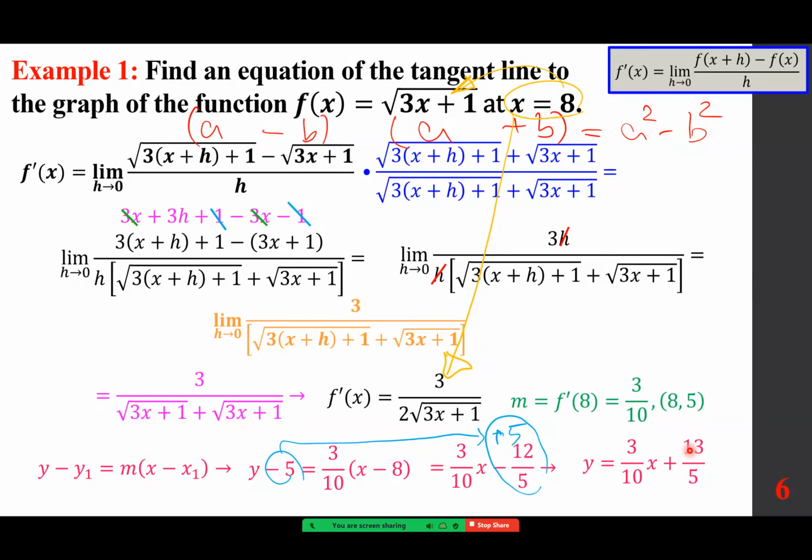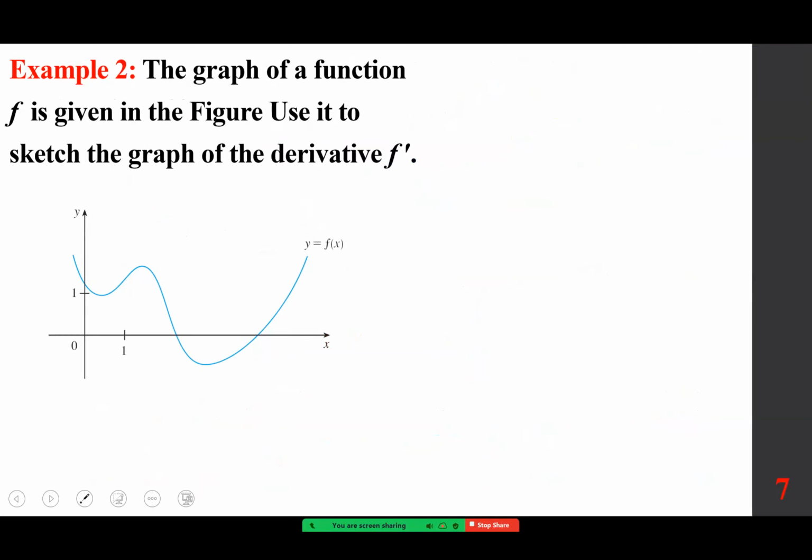We're going to get a couple more examples later on, but for now, let's switch gears and go with the graph of a function. Given a graph, how do you come up with the graph of its derivative, or better yet, sketch a rough graph? To do that, pay attention to the easy parts. First and foremost, peaks and valleys. So here's the local max, local min,